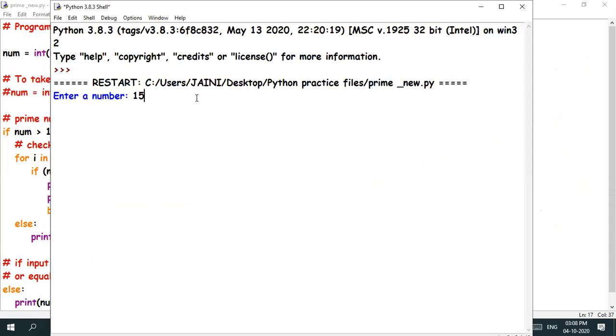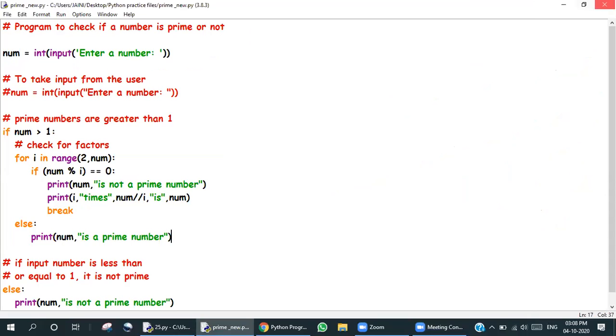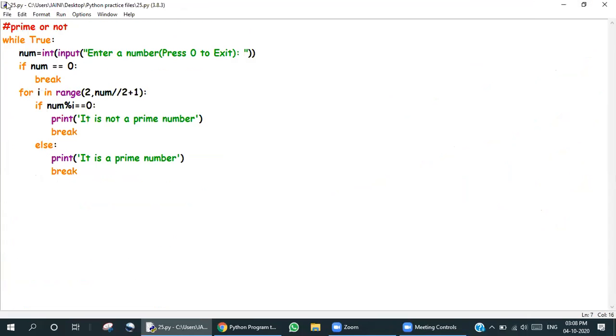15. 3 times 5 is 15, so 15 is not a prime number. Understood this? Okay, looking at the same thing, looking at our old code,